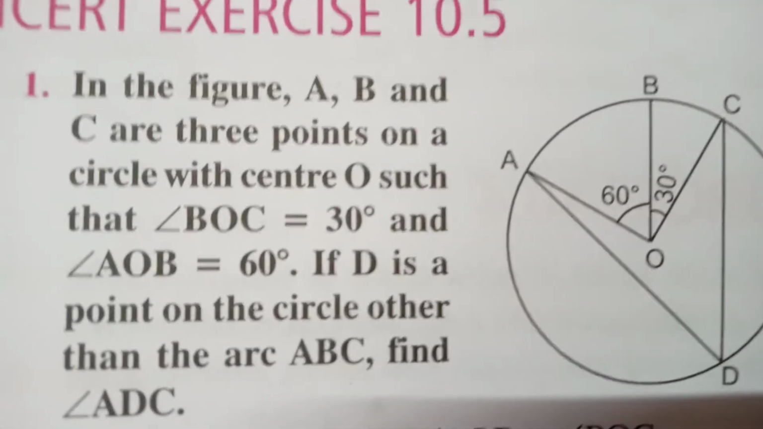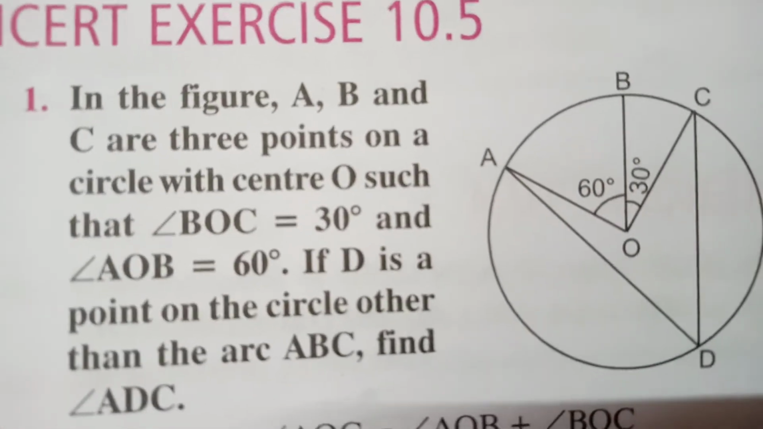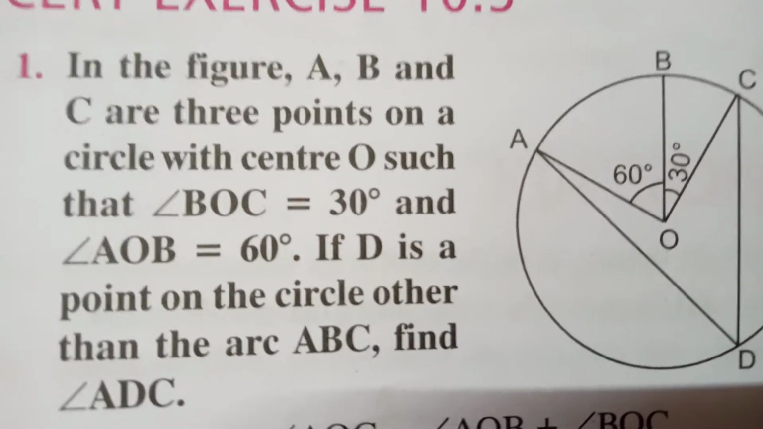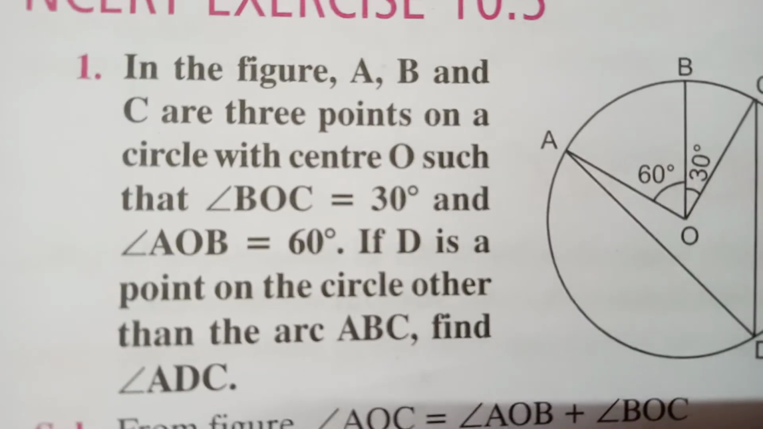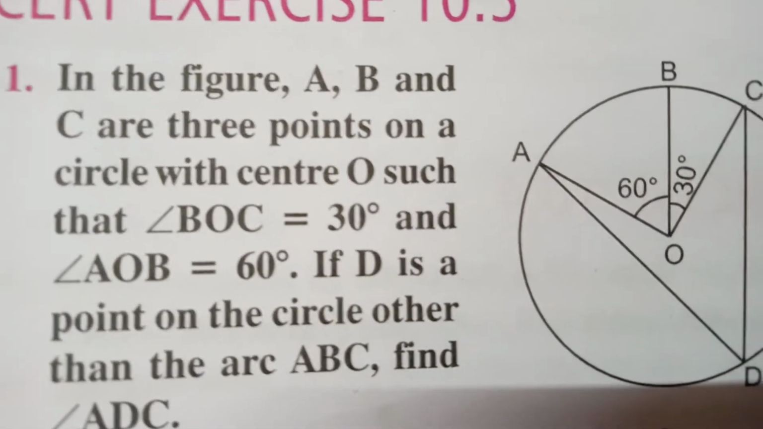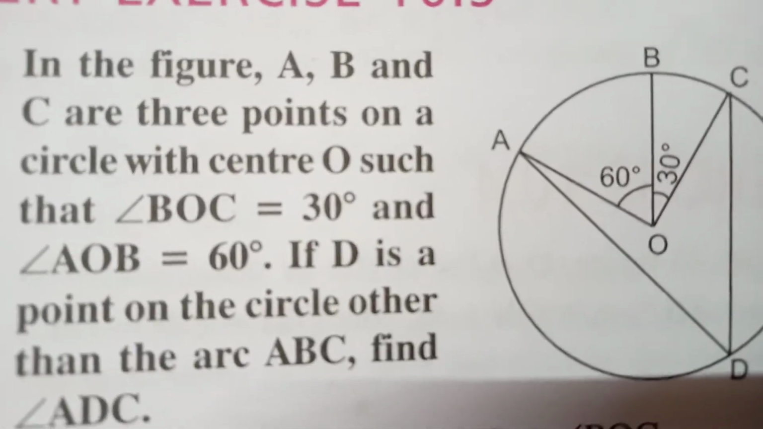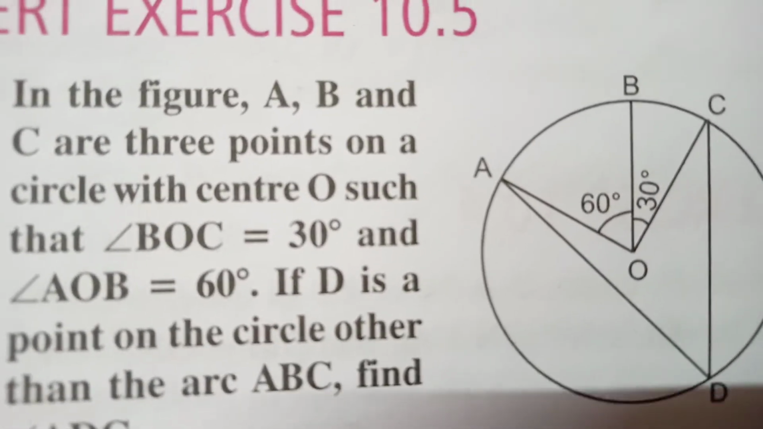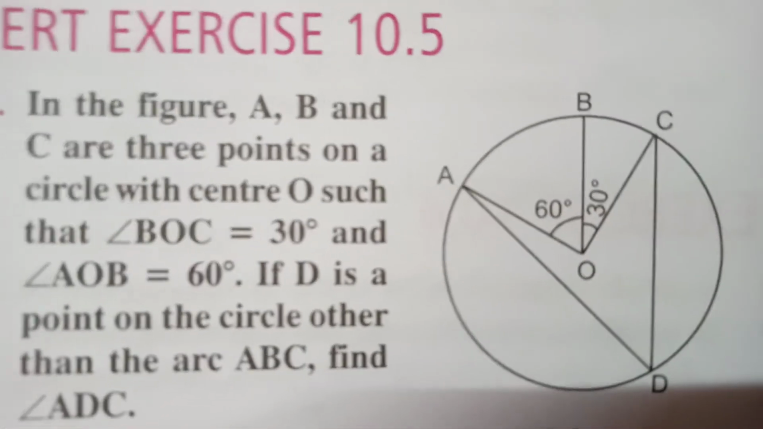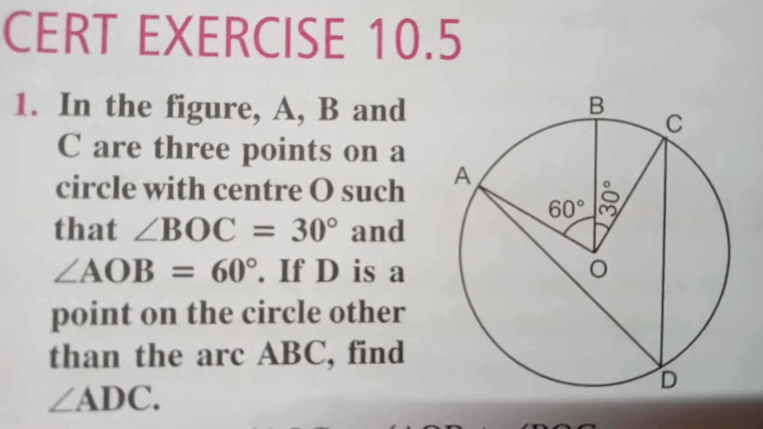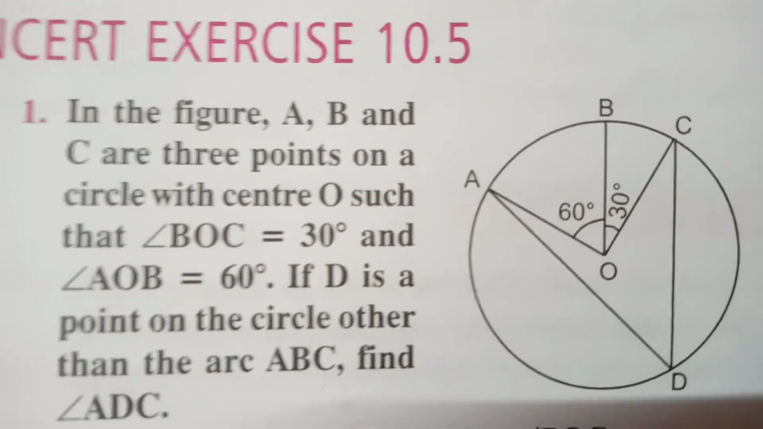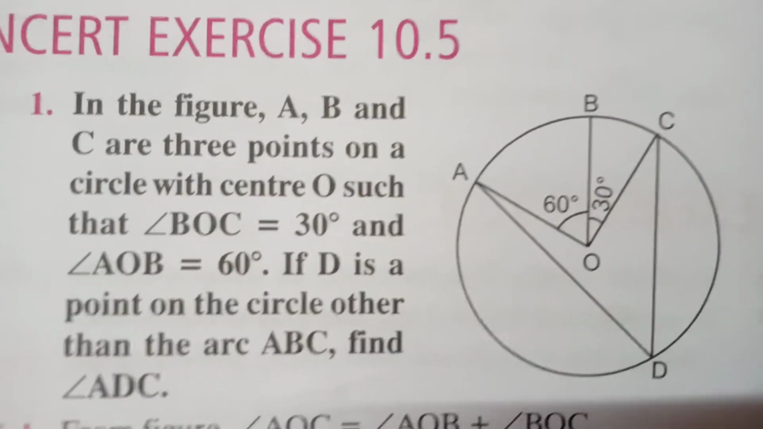From exercise 10.5, question number 1. In the figure, A, B and C are 3 points on a circle with center O such that angle BOC is equal to 30 degrees and angle AOB is equal to 60 degrees. If D is a point on the circle other than the arc ABC, find angle ADC. See the diagram. A, B, C are 3 points and D is another point which is not on the arc ABC. You have to find out angle